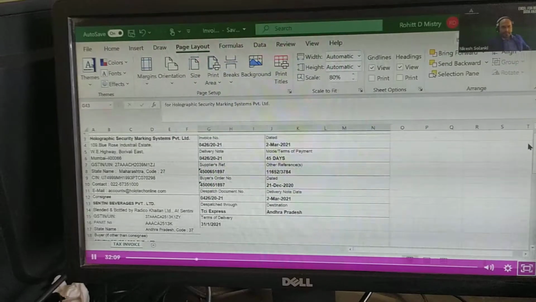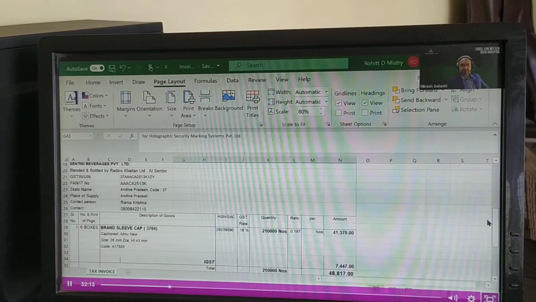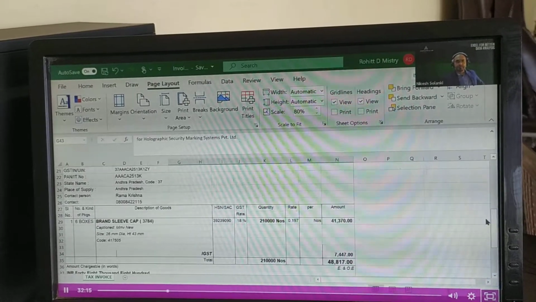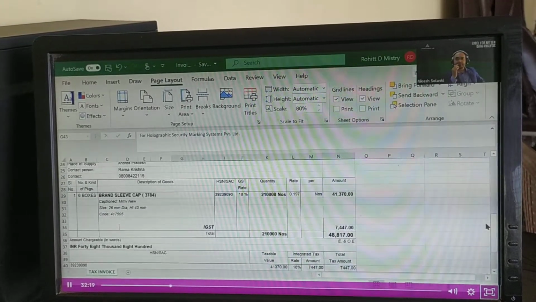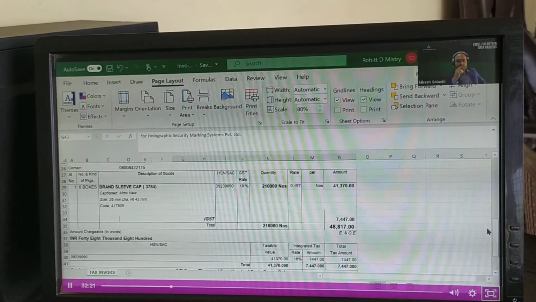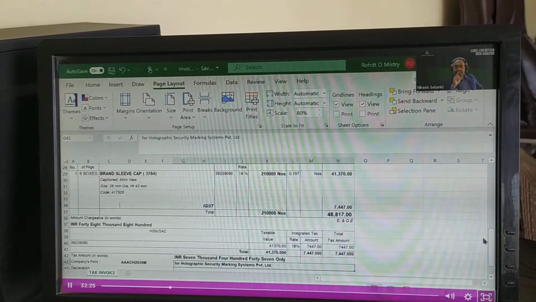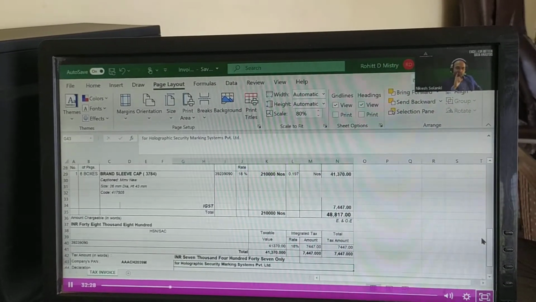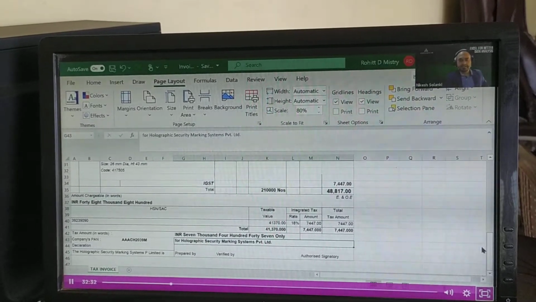Can you go down? This is basically like glorified pencil and paper. Got it, sir. So again, there is no condition here. If the state changes, obviously the tax rate also changes. There is no condition. It's all pencil and paper. Right. Great, sir.